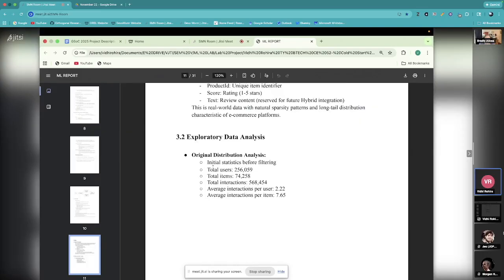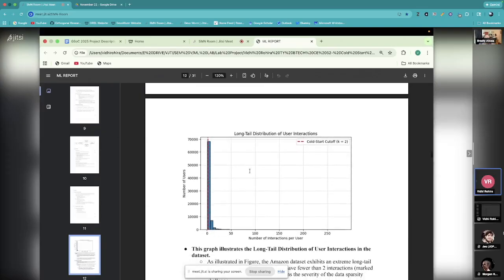So we had that. And then, of course, before everything, we had to work with the data to understand what it is. So there were a total of 256,000 users and these many items, 24,000 items. And these were the total interactions between them. That means roughly most of them had around 2 interactions. And then this is what the graph talks about, the number of interactions per user and these are the